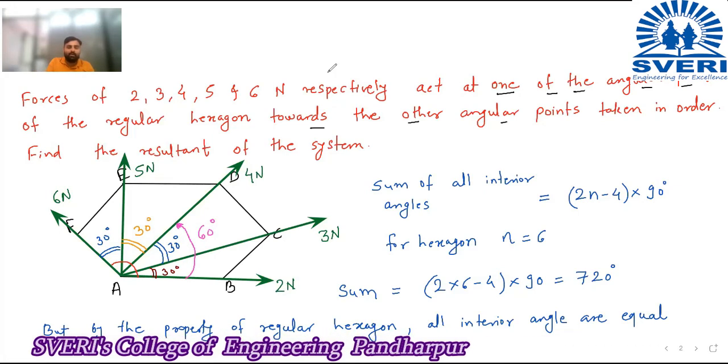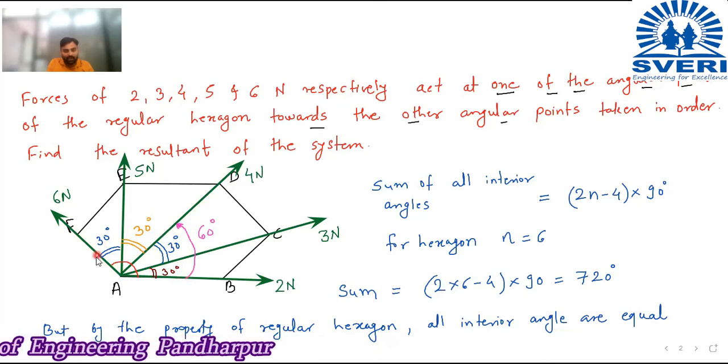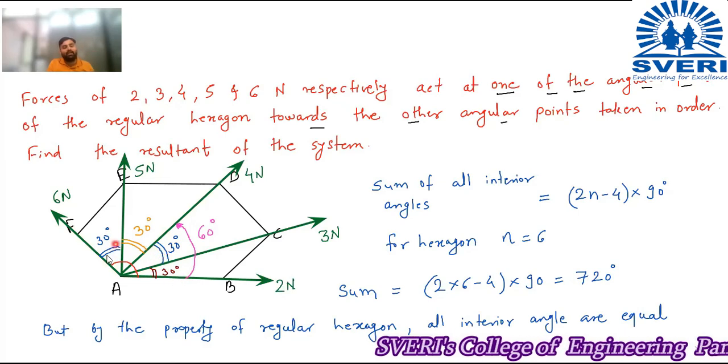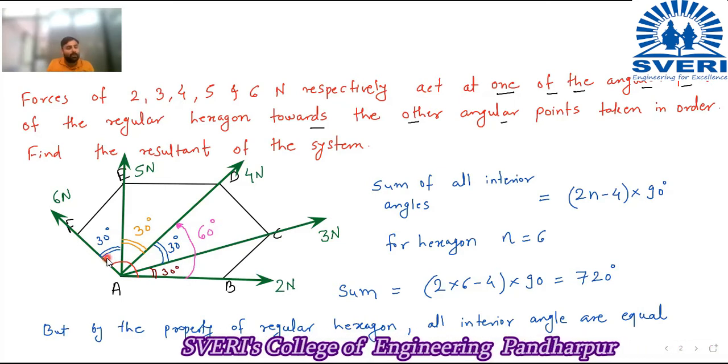So now if you think about this 6 Newton force, if you count the angle from this side, then this total anticlockwise angle from positive x will be 120 degrees. So it is not useful for me, because I can't resolve the force. If the angle is greater than 90 degrees, then I can't resolve the force. It will not be correct.